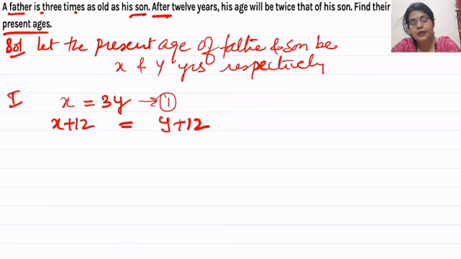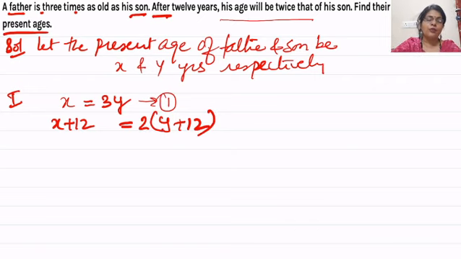अब हम नेक्स्ट चीज देख रहे हैं, his age will be twice that of his son. अब 12 साल बाद पिताजी की एज x plus 12 हो गई, बेटे की एज y plus 12 हो गई. अब ये कह रहे हैं ट्वाइस, तो यहाँ पर हम 2 लगा देंगे, and simply we are going to solve. Nothing is there, only we have to understand what is written and what is being asked. Simply framing the question after understanding will help you to find the solution in a very easy way. Now simply we will solve this.